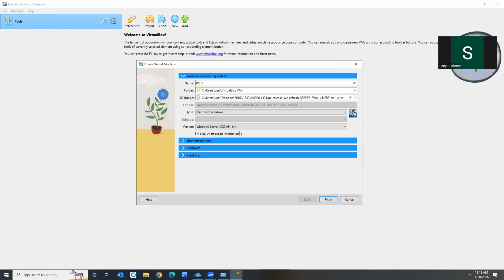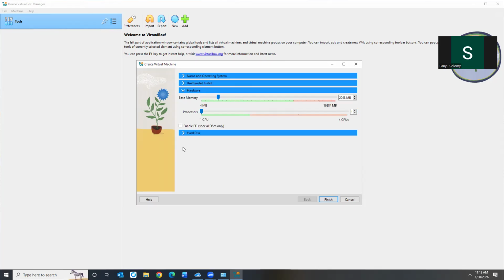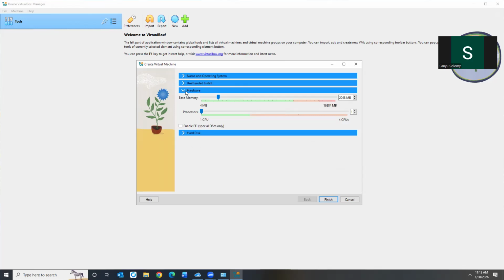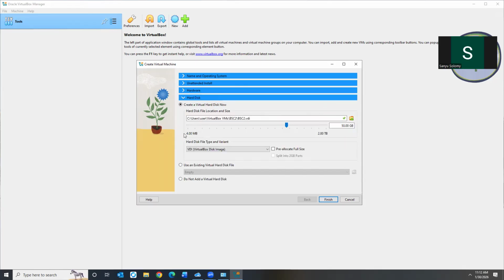Now I have hardware here. Under hardware, I have memory, I have CPU, but that's not enough. I also have the hard disk. With what is given to me, I have no objection.